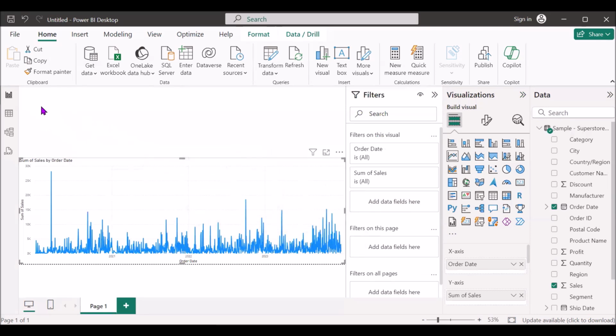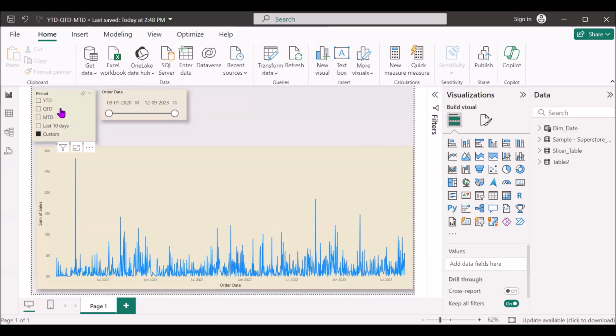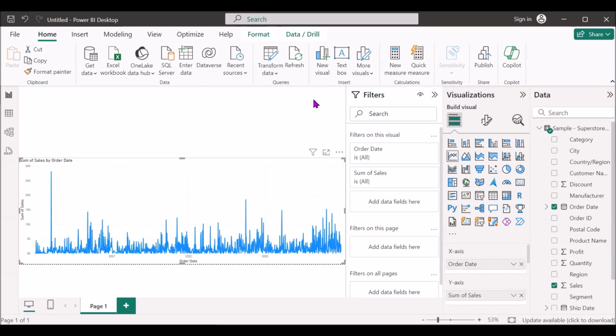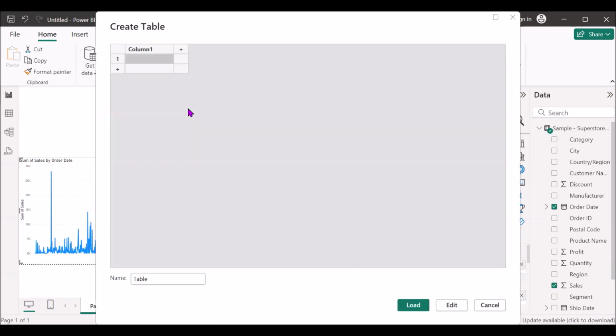To create that slicer where we are having YTD, QTD, MTD, right? Just like this, period. We need to create a separate table which will contain all the values of this period along with the order by, right? So come to our new sheet and we just need to click on Enter Data, right? From here, we can create the table and we can rename our table slicer table. And we can give the names period and order by,